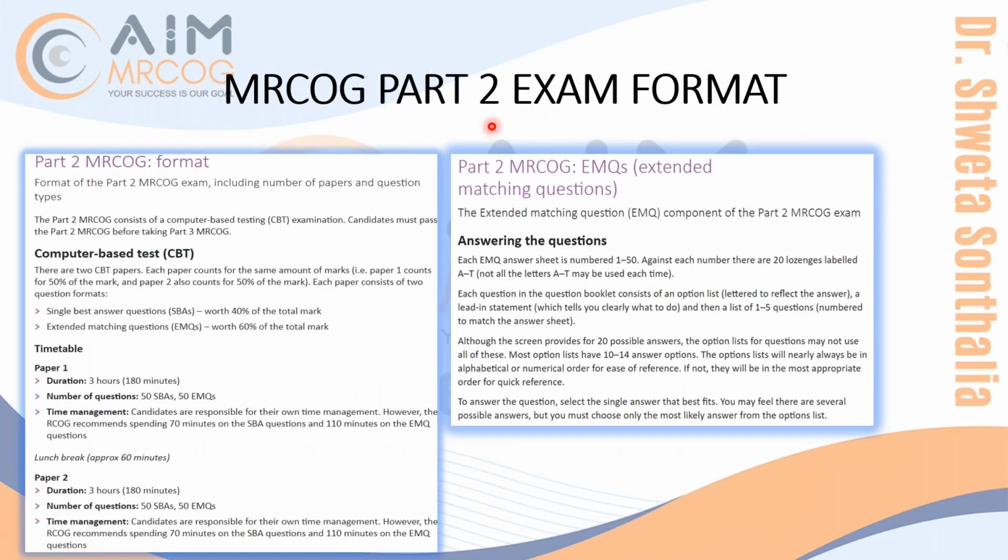Now, exam format. This is all for the students who are starting their preparation for January or for September. If you want to know the format, there are a total of 50-50 questions, two papers, one in obstetrics and one in gynecology, but usually there is overlap of questions. 50 SBAs, 50 EMQs. You all know EMQ is the main trouble for everybody.